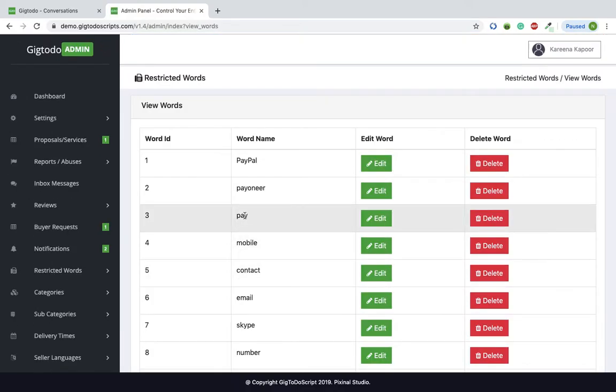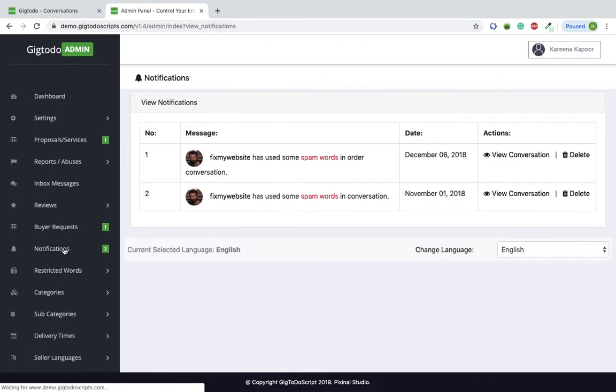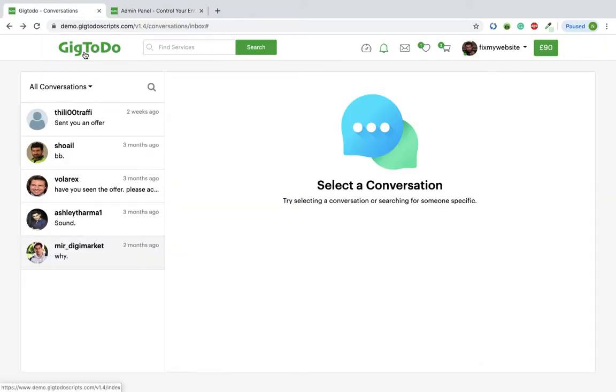So if somebody uses one of these restricted words and sends the message, then it's gonna appear right here in notifications. So the admin can easily review that. So let's go back to